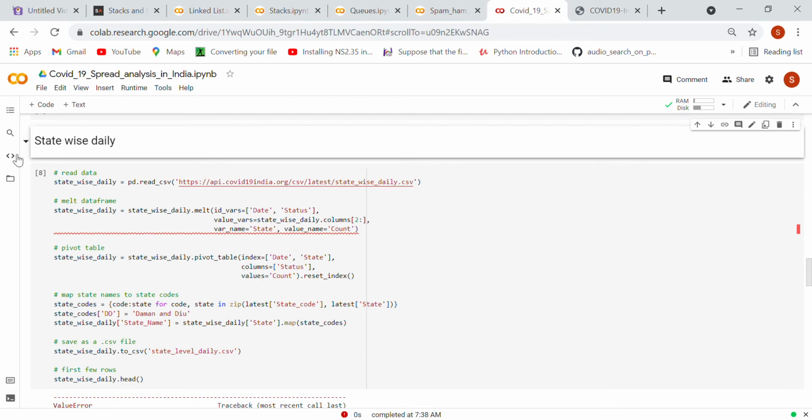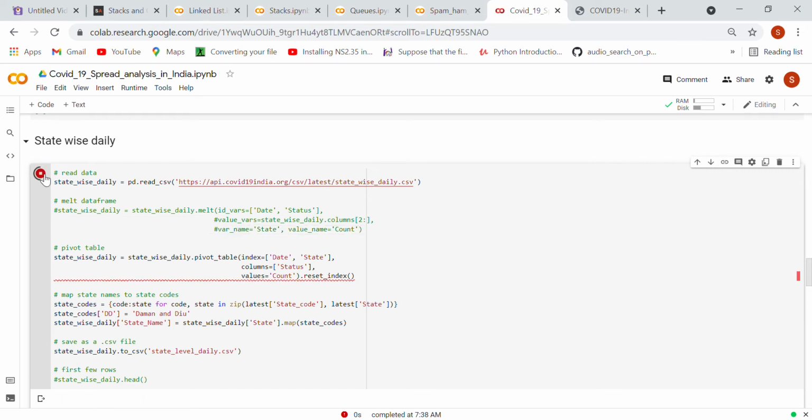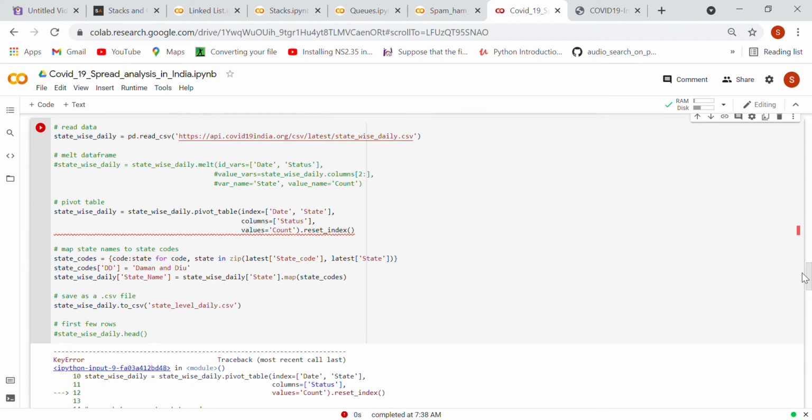Let me comment this row for one minute. Now let's run this. Okay, it is still giving an error. So what was that error? Let's see that. Count, it's not able to find it.